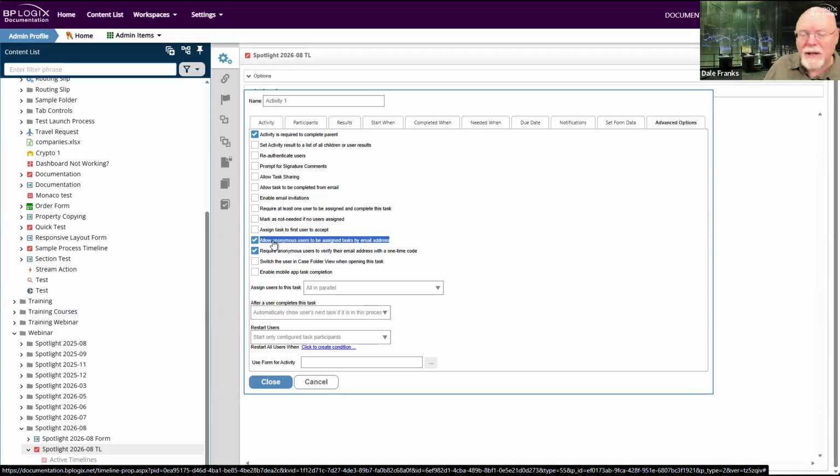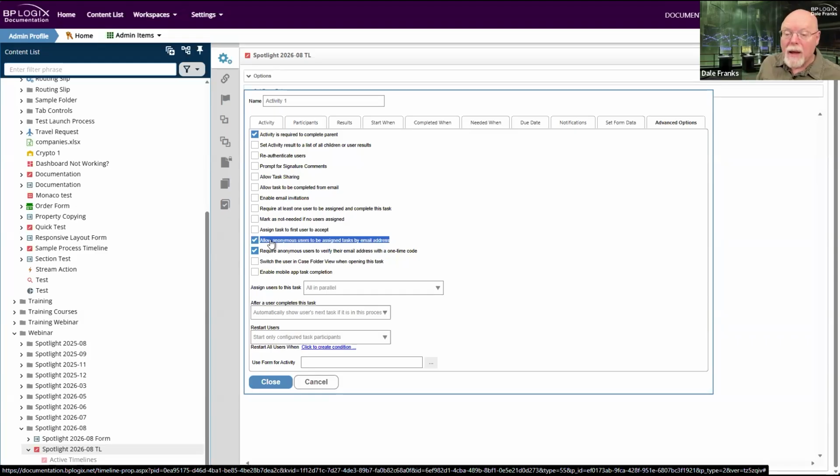And then I can check this box to allow the user to be assigned that task. Now, the problem is, once that email goes out, I don't really have any way of ensuring that the person who clicks on the link in that email to open the form and perform their task is actually the person I want to perform the task. For example, an anonymous user could get that task notification email and then forward it, inadvertently or otherwise, to a third party who then has the ability to click on the link, open up that form, and complete that task, even though they are not the user to whom the email was sent.